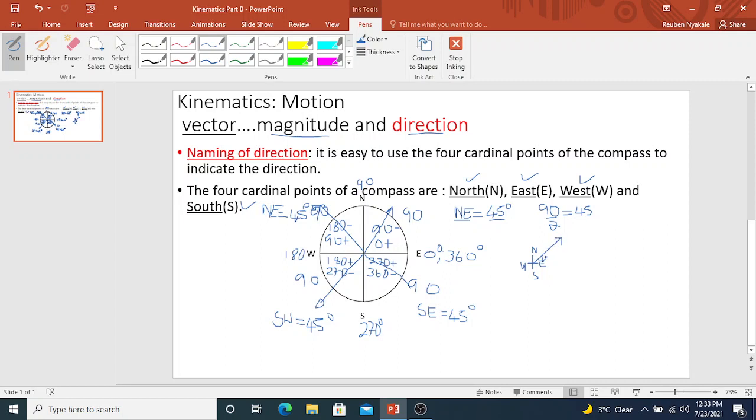From north to where the magnitude is, it is 45 degrees. From there to there, it is 45. From there to there, it is 45. You know that you are on the 45-degree. And we will be using this Cartesian plane to name our direction. Now, if you are given the statement, here,